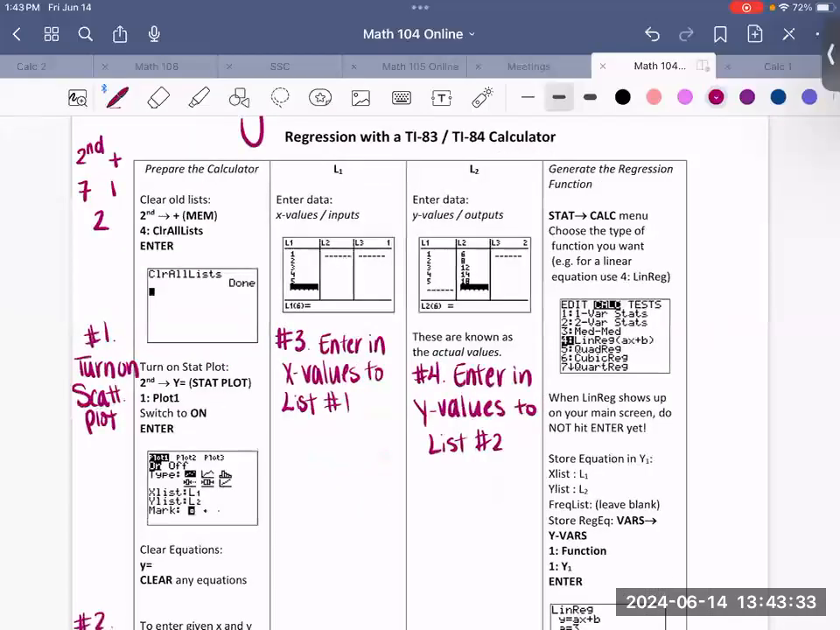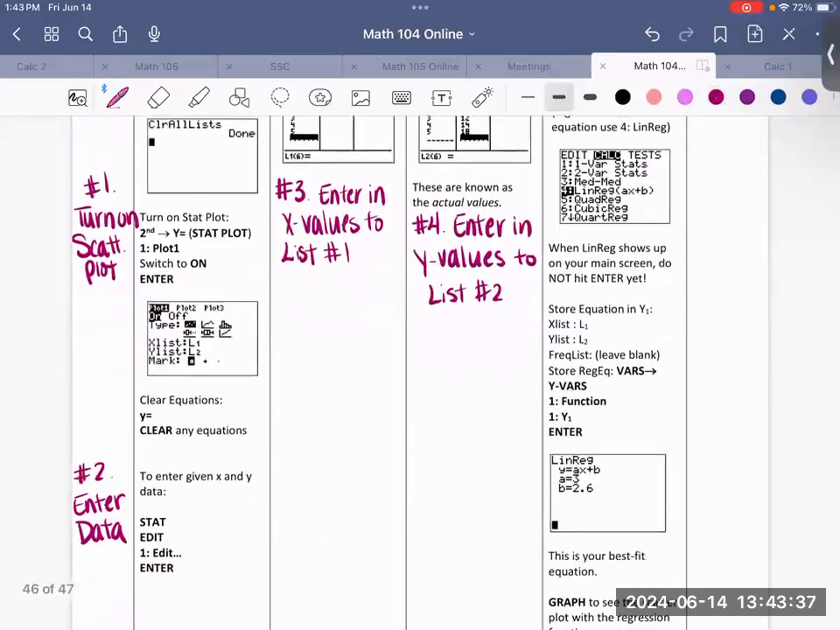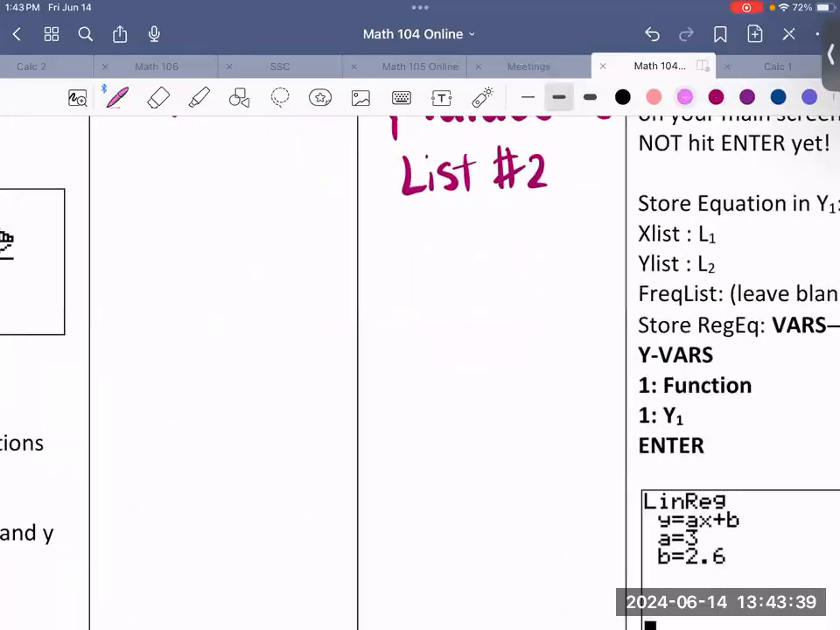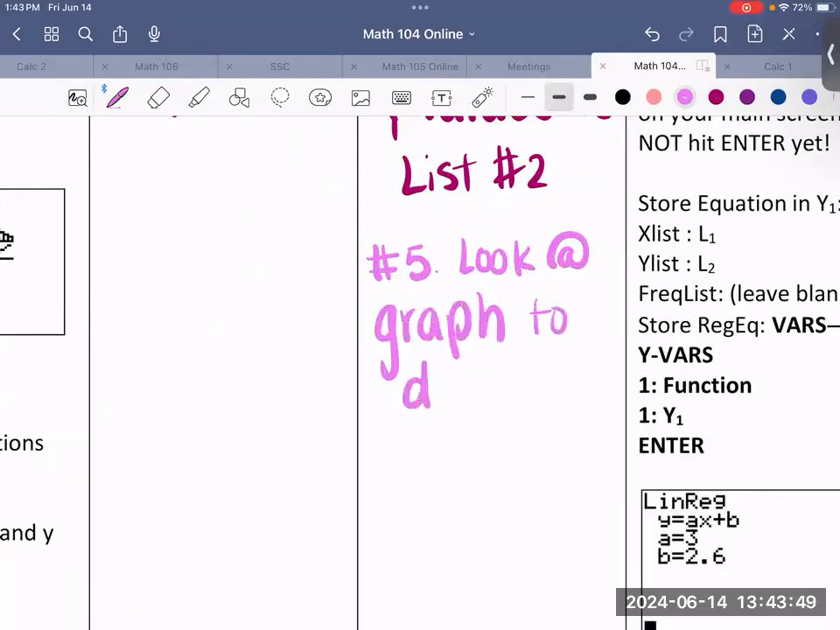Now your sheet tells you to then generate the regression function, but I would like you to take a look at your graphing calculator next. So step 5, look at the graph to determine the regression